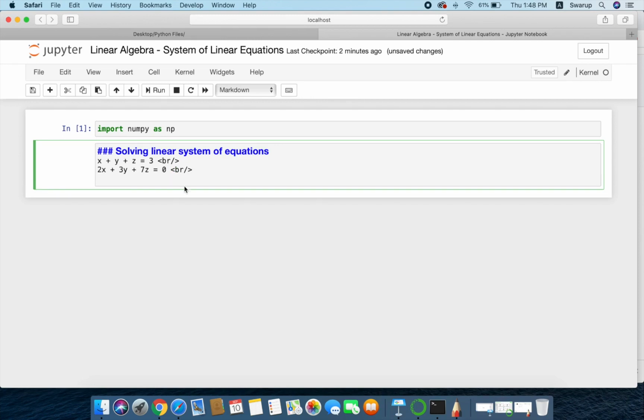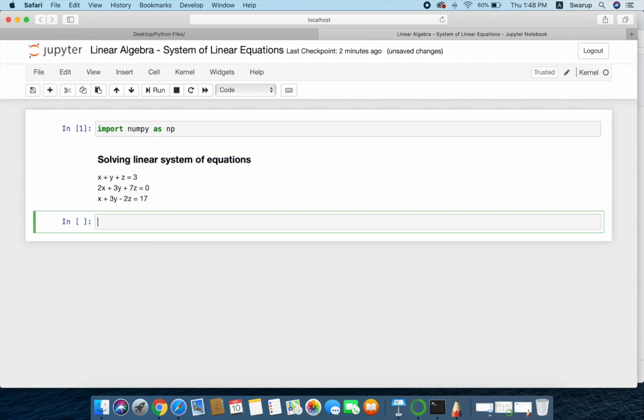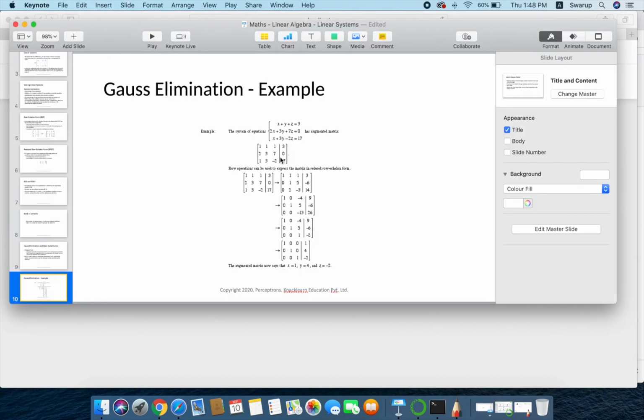And the last one is x plus 3y minus 2z equals 17. So these are the three equations: x plus y plus z equals 3, 2x plus 3y plus 7z equals 0, x plus 3y minus 2z equals 17. We'll cross check this. Yes, we have the same equations here.